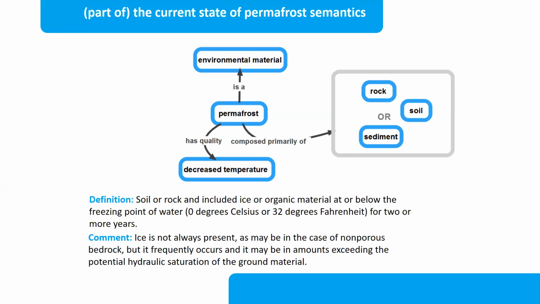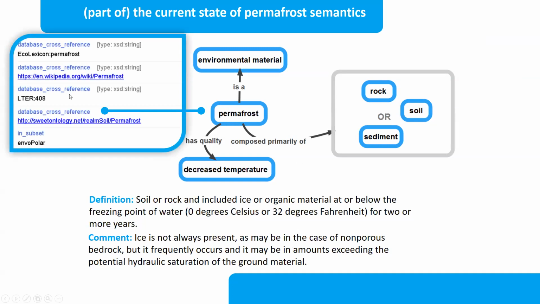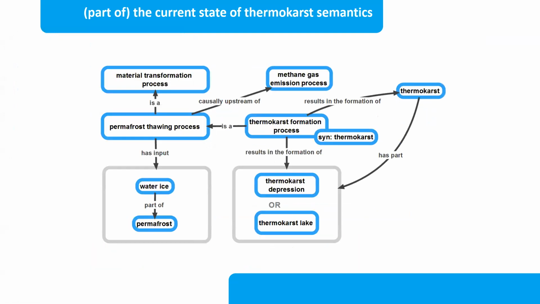As Ruth mentioned, we did this for the cryosphere vocabularies that you did, and built little subgraphs inside the ontology, formalizing the definitions, compacting them, and then adding qualifications into the very messy realm of how humans talk to each other. We then, of course, map it out to other resources, including Suite, LTER vocabularies, permafrost in Wikipedia, and others as we come across them. We're getting better at it, so it's getting richer and richer, also linking to processes.